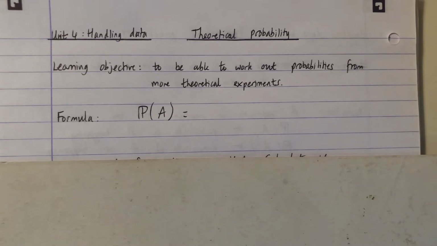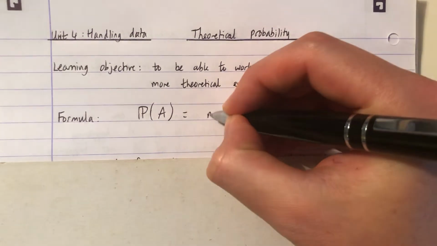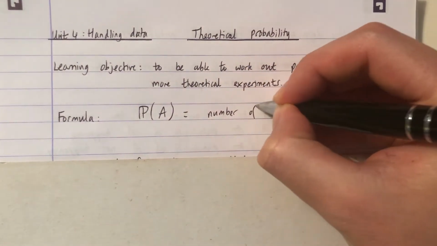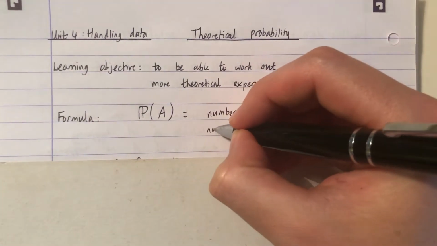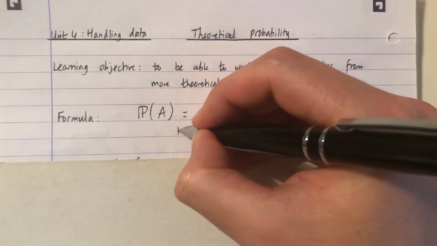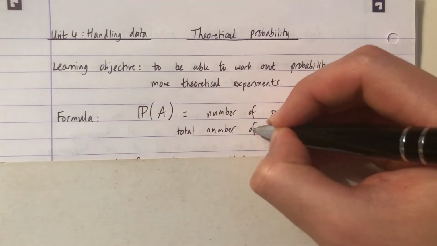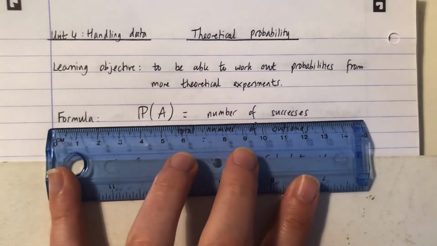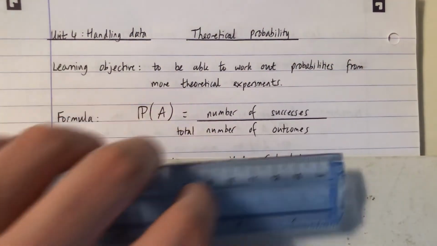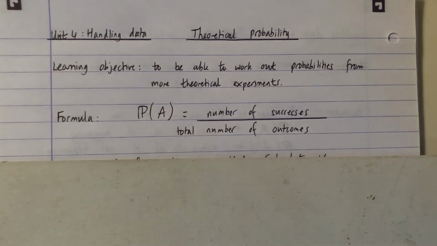And for a theoretical probability, it is the number of successes over the total number of outcomes. So each different experiment or whatever we're going to be doing today, there's going to be some finite number of outcomes, and we're going to be concentrating on just the successful outcomes effectively. So this is a fraction which you've used before, just stating it in a little bit more of a formal